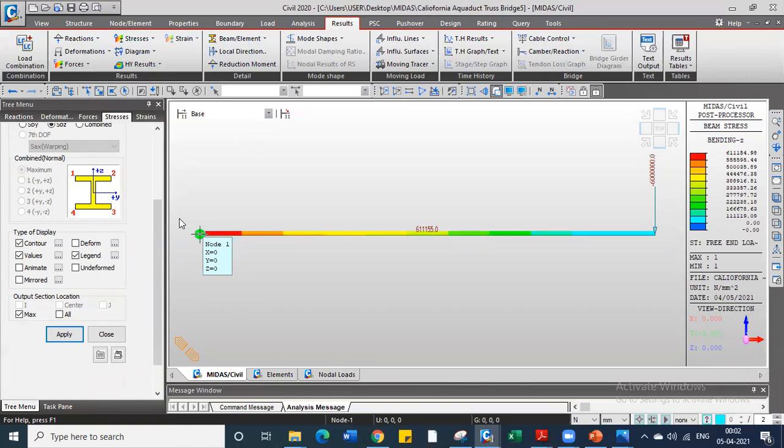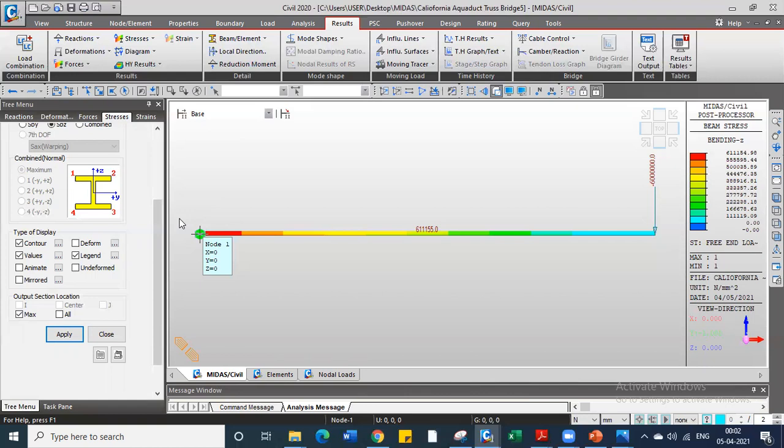So this is the differentiation between the selection of cross section for the bending stress as well as for the shear stress. Now, where do we find the implication of this shear stress? Generally, beams are dominated by bending stresses only. But in case of certain beams, suppose a beam which is simply supported in nature, not like a cantilever, having a simply supported condition, and a uniform moment is acting on that beam and no other forces are acting.